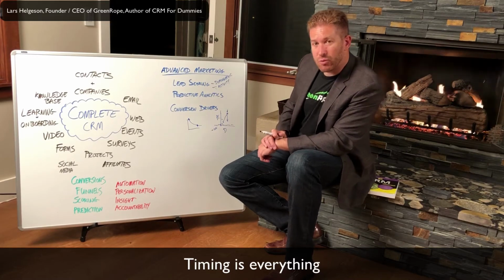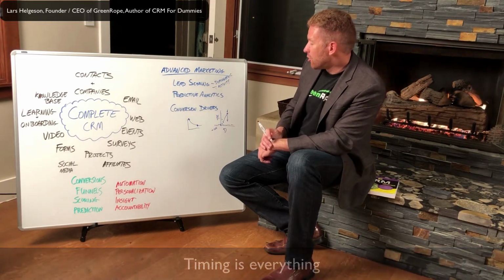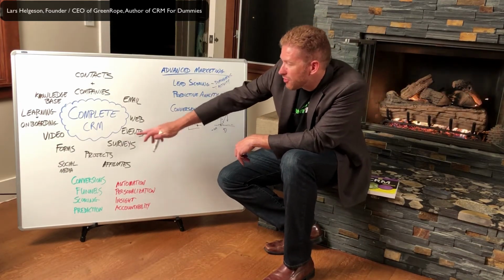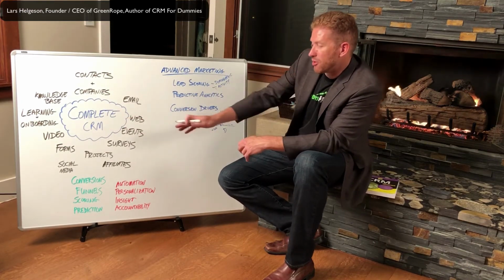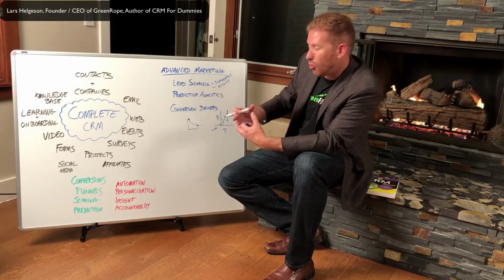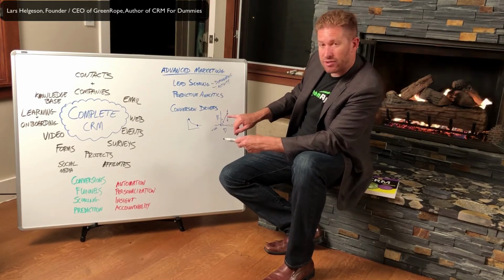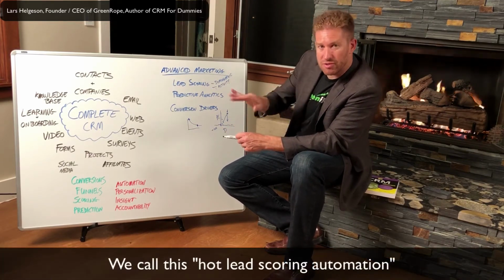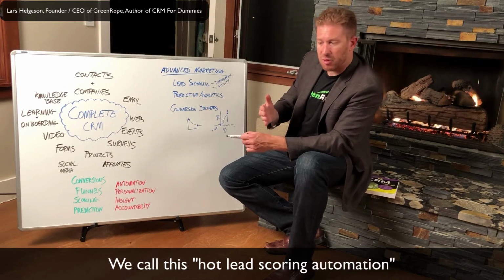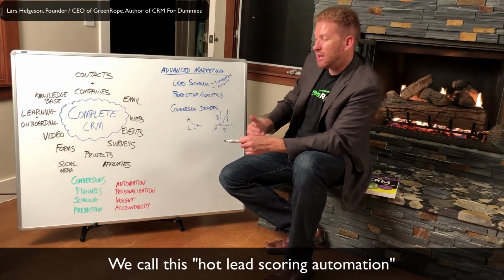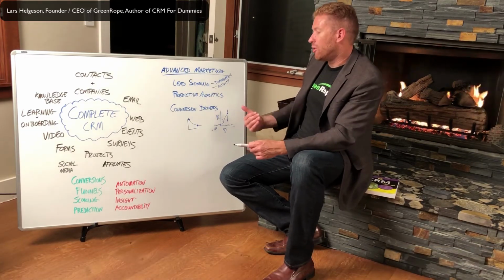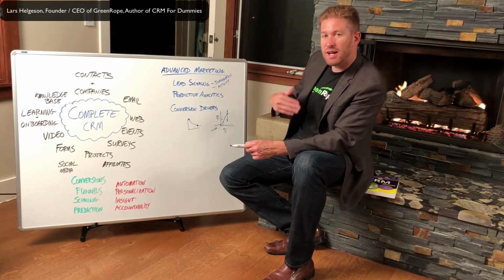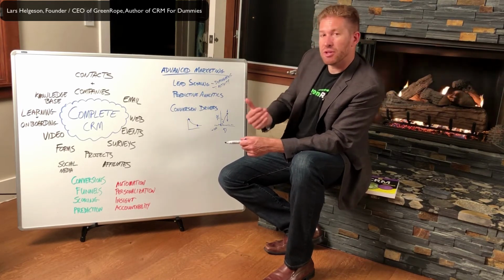We also can do things like watching for automation opportunities. Maybe someone is on our website, maybe they're opening emails, maybe they're answering surveys, filling out forms, watching videos, maybe they're on social media. All of these things can contribute points that we're using to categorize our leads and our customers. And maybe if someone generates a certain number of points in a day, we want to trigger something to happen. Maybe that's an alert to the sales person, maybe it's automatically scheduling a follow-up call, maybe it's sending an email, whatever it is. You want to be able to track when people are generating a lot of lead scoring points, because that's going to trigger a time when you can be really timely. You know that they're interested right then.